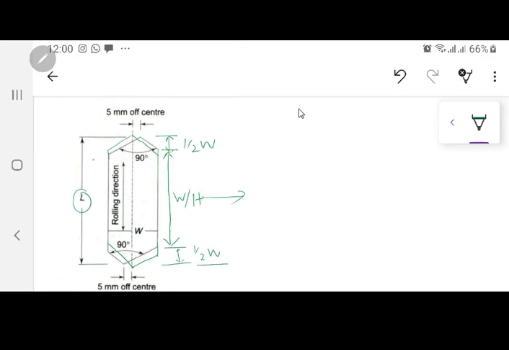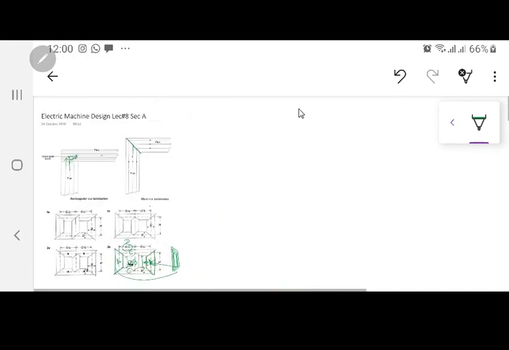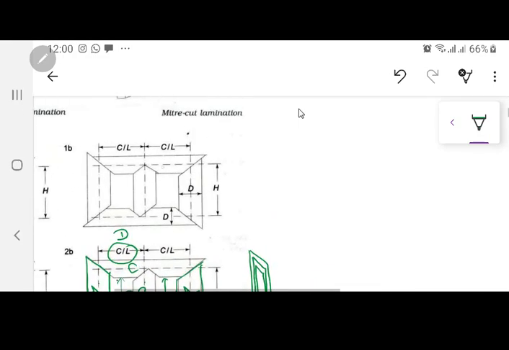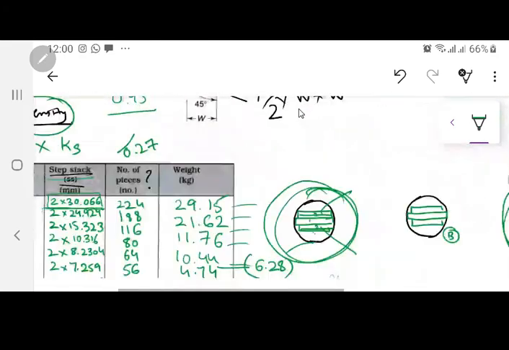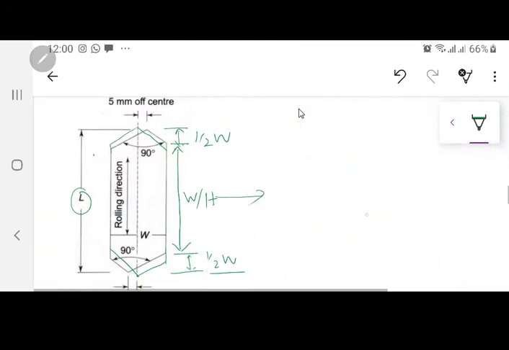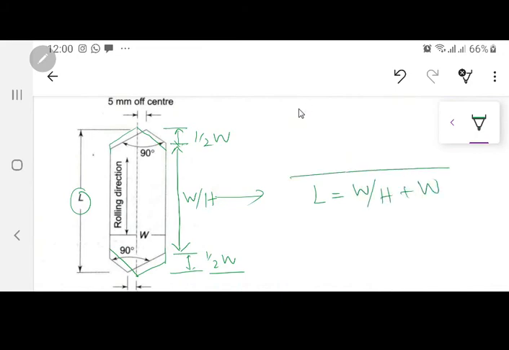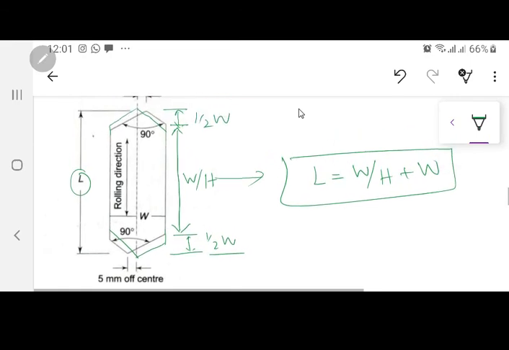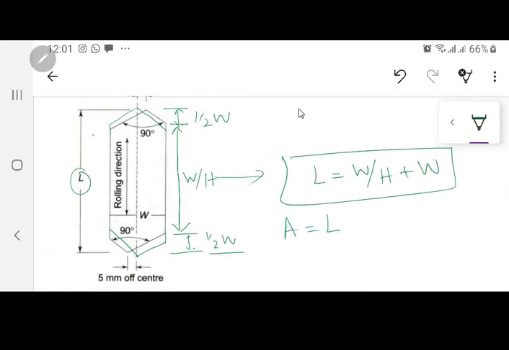Why half of W? Because if you go back on your first diagrams which you did, in this one, if this distance is equal to W, you are going to half of it. So half of W is the triangle coming out of here, and similarly here at this point. So on the shape B curve, if we go back over here, what is L going to be equal to? L is going to be equal to window height plus W. Half of it, half of it. And when we are trying to find out the area, it is going to be equal to LW, okay, minus this shaded region over here, this one, and this shaded region over here, this one.